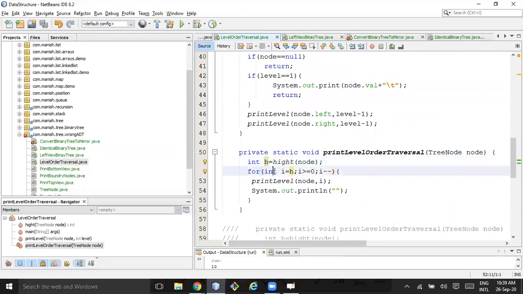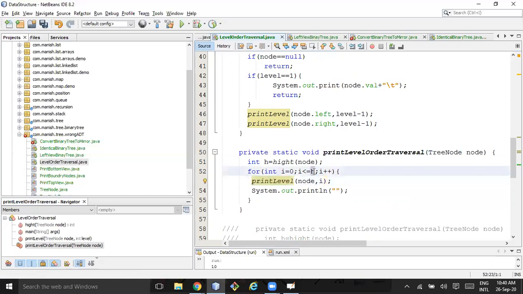Then I am calling i is equal to... so it is for decreasing order, that is another problem. i is less than or equal to h and i plus plus. So this function is getting called h number of times.